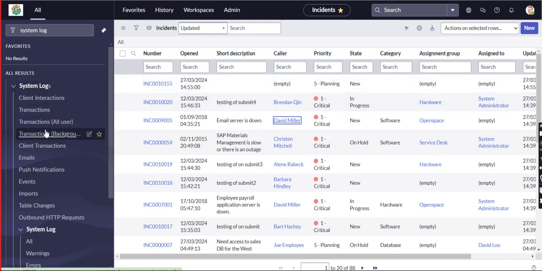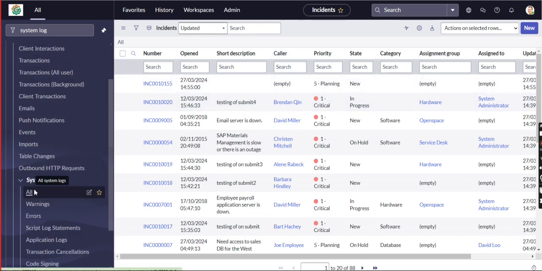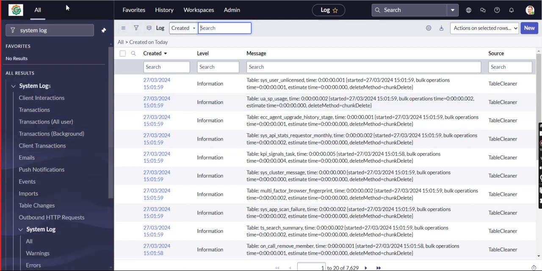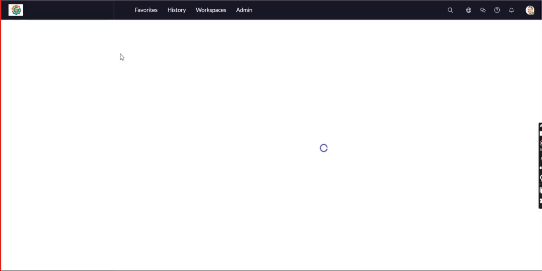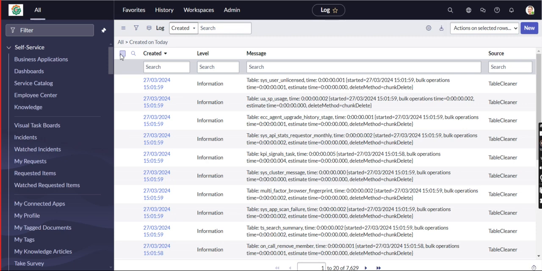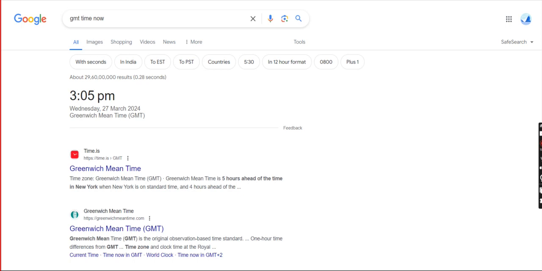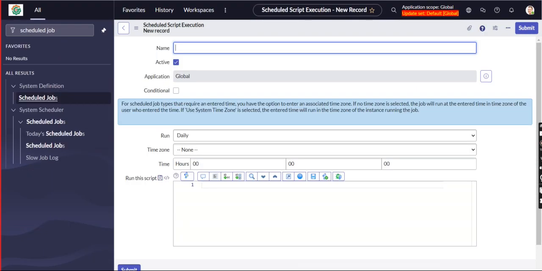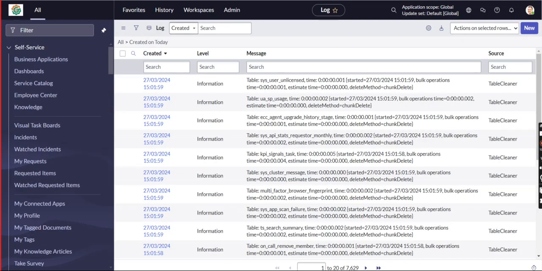That is the system logs, and system log all is there. So 15:01 only.